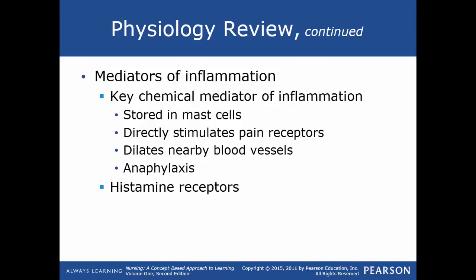All right, so you will have a release of these mediators from inflammatory cells, and these are things such as macrophages and mast cells. Mast cells are leukocytes that are found in most body tissues. One of the principal sources of cell-derived mediators of inflammation includes histamines and heparin. In response to the injury, histamine and heparins will work together to increase blood flow to the injured site. Histamine will cause dilation of nearby blood vessels and increase their permeability, and then heparin comes in to help prevent